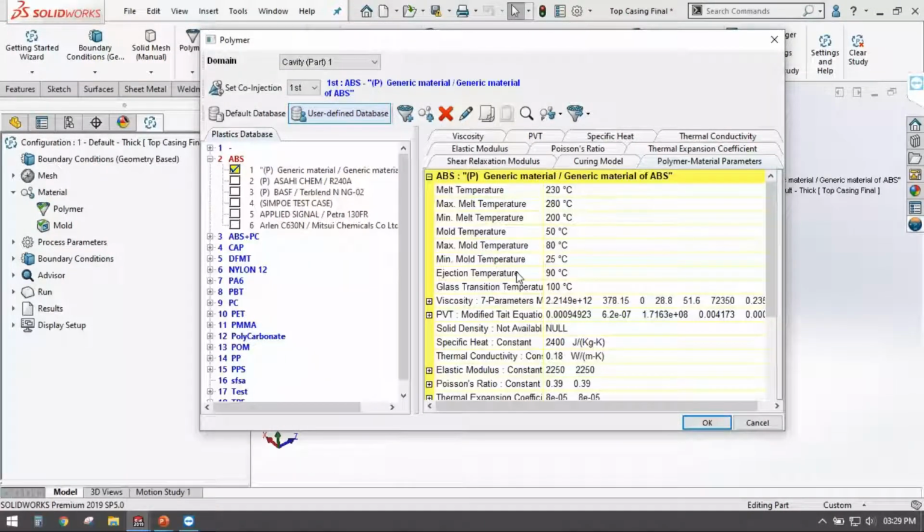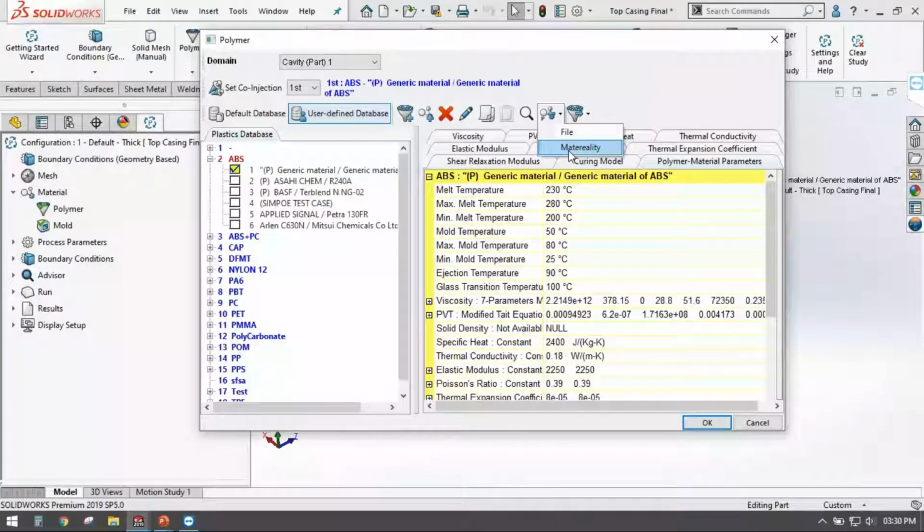Like what is the melt temperature, then what is the density, what is the specific heat, etc. So from the material database or the material sheet of the plastic, you will get all this information and you can create your custom material also. Correct? Even you can import the materials from the website Materiality.